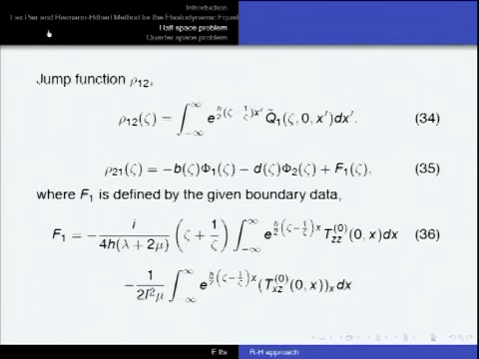All right, now let's start expressing the jump function rho. We have, in this case, just one jump function, rho 1, 2, in terms of the boundary data. Well, we write the integral, then we substitute the boundary data, we do some simple tricks like integration by parts, and as a result,